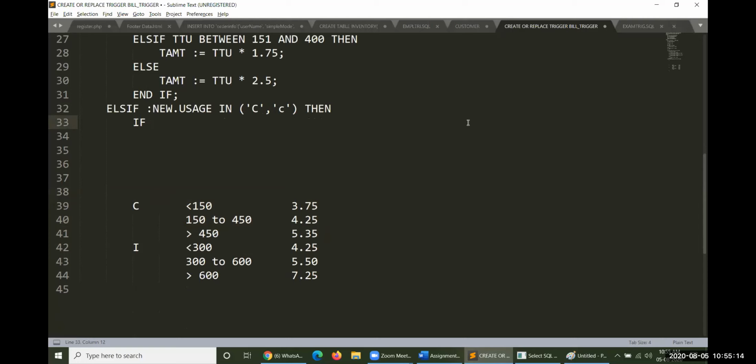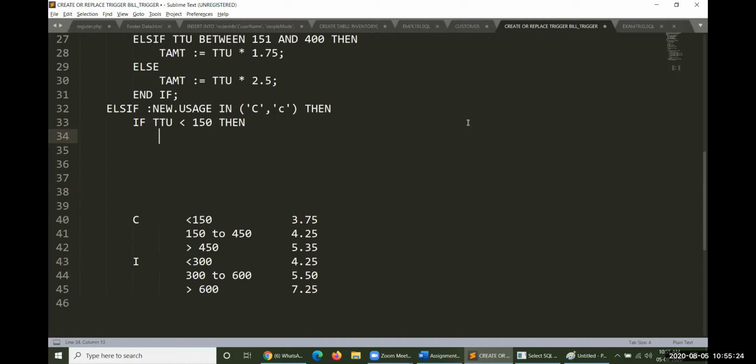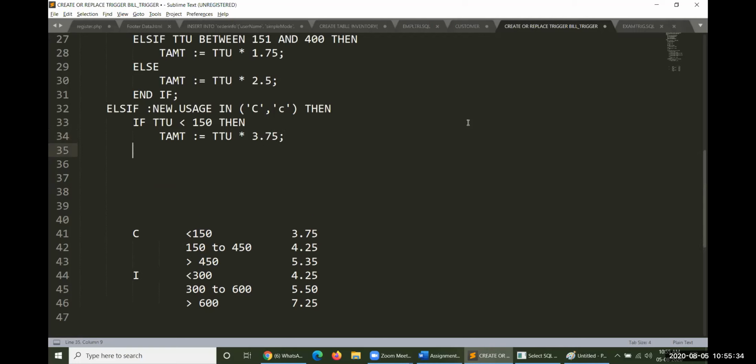If TTU is less than 150, then TAMT will be equal to TTU into 3.75 paisa, 3 rupees 75 paisa.